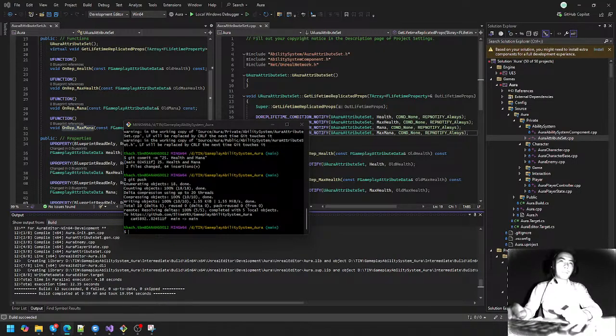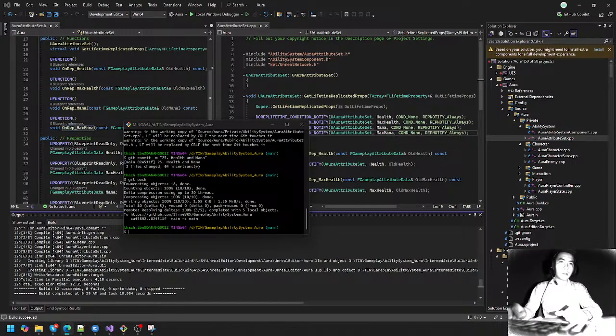So we get these nice accessor functions if we call these macros, as we saw in AuraAttributeSet.h. I called GAMEPLAYATTRIBUTE_PROPERTY_GETTER. This is going to generate the getter for the health attribute, not its numerical value, but an object of type FGameplayAttribute, which is contained within that attribute data. So why don't we go ahead and follow what the attribute set header recommends, and that is to create this attribute accessors macro. Let's go ahead and copy these lines, and back